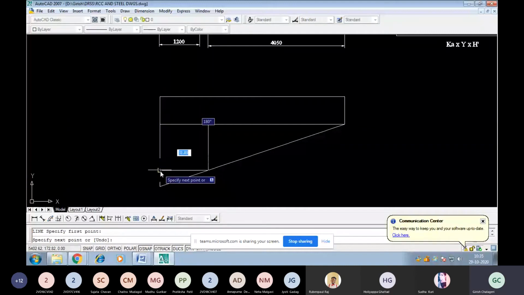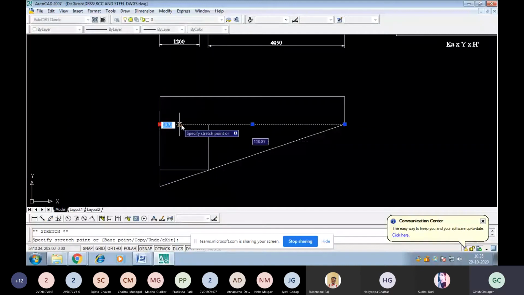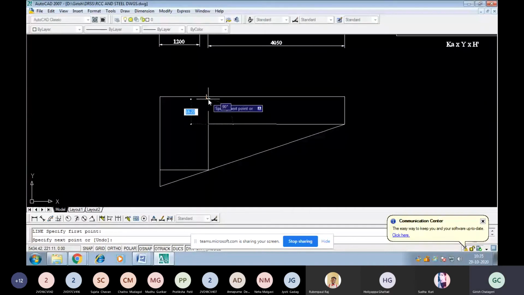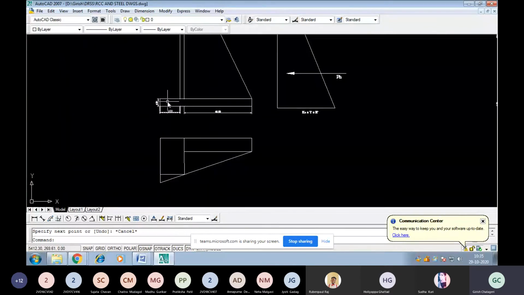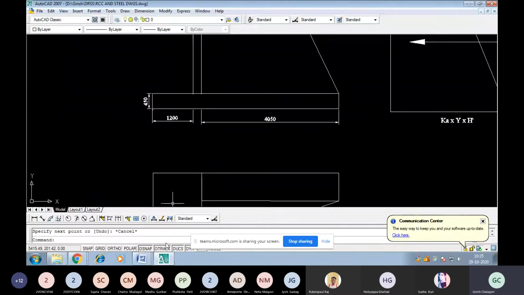It will be like this. When I design the toe, only this part will be taken here. One will be taken as a rectangle, other will be triangle. So this height is 147 they have taken. 147 into this is 1.2 meters. Since this acts as a cantilever, 147 into 1.2 into 1 by 2. That will be the moment at stem point.